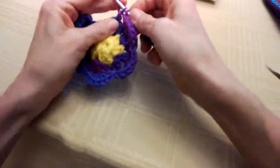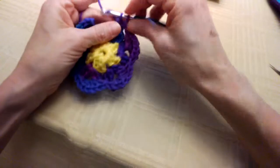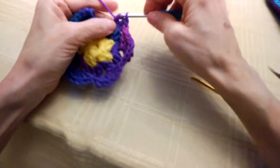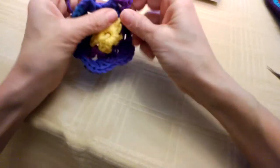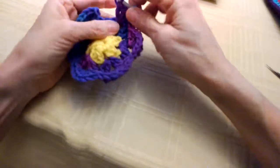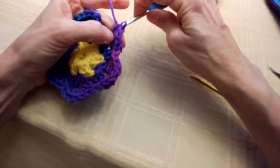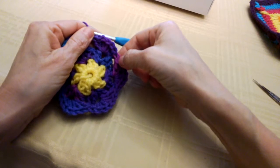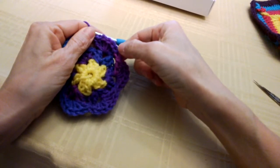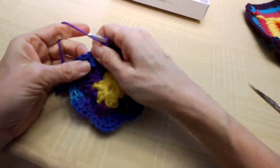And our last chain one space for these 7 double crochet shells that we're making that form the top of the flower petal. See, I wasn't counting so carefully. 1, 2, 3, 4, 5, 6, 7. Yes, we're done. And now we go to that first double